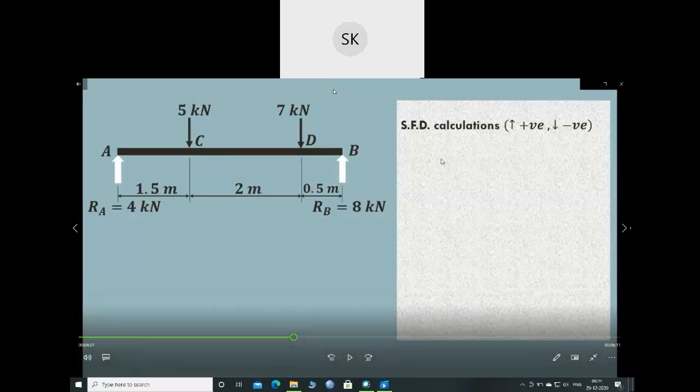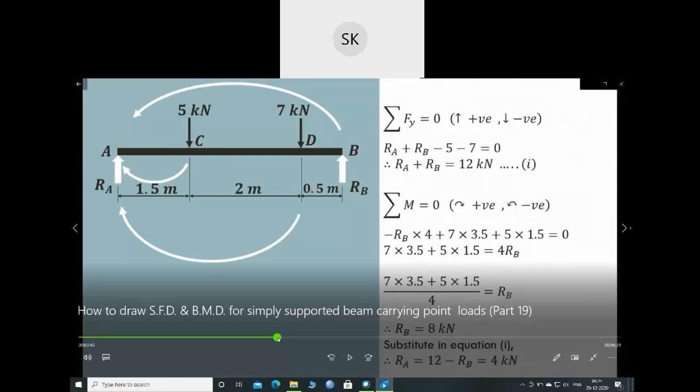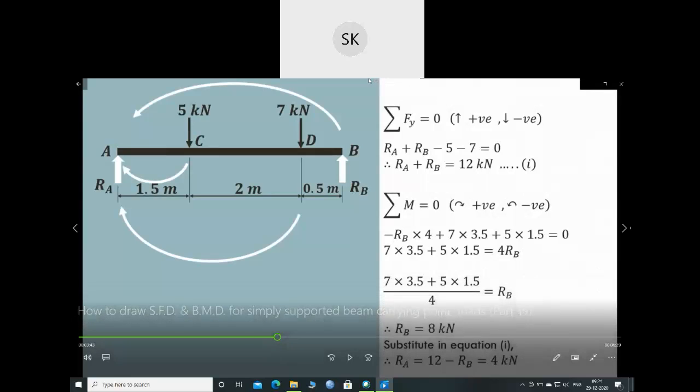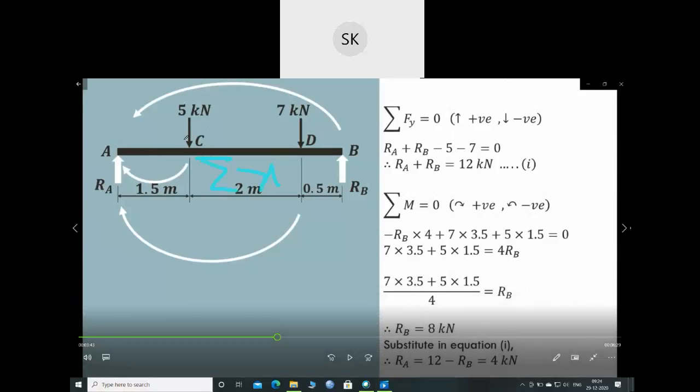So hope you have understood. The first step will be to calculate the support reactions. By using, we have three equations of equilibrium, right? Summation of x,